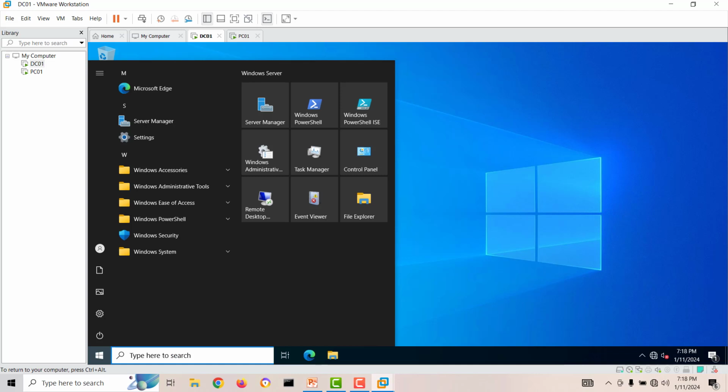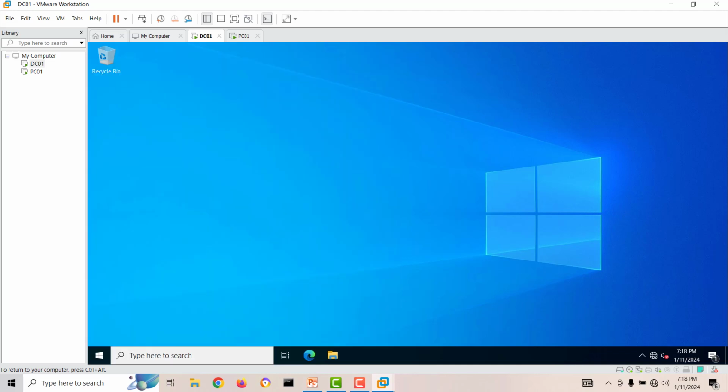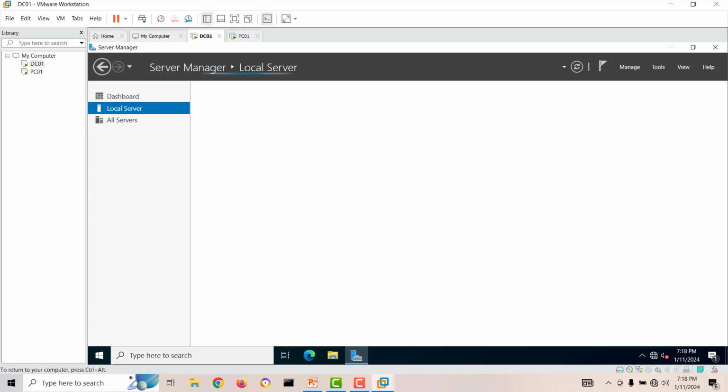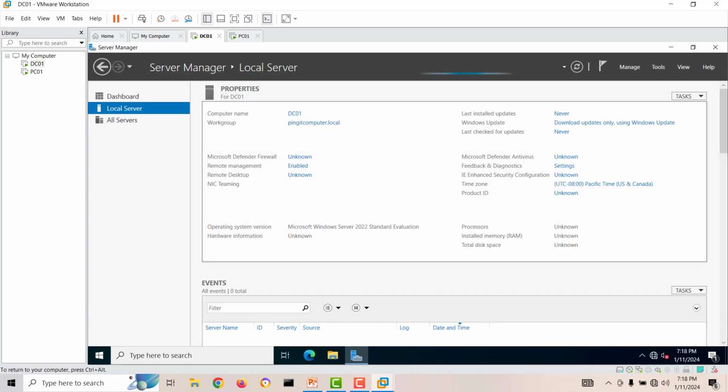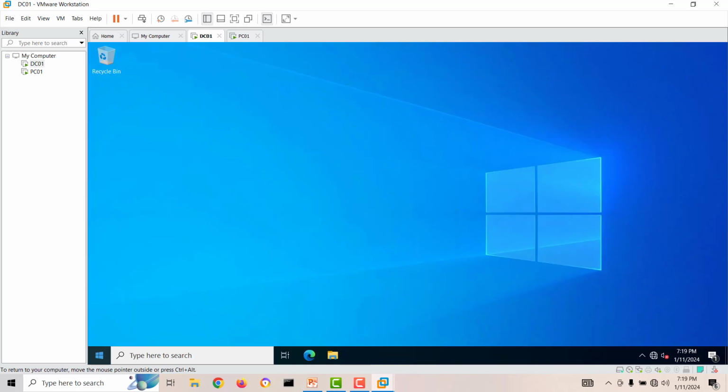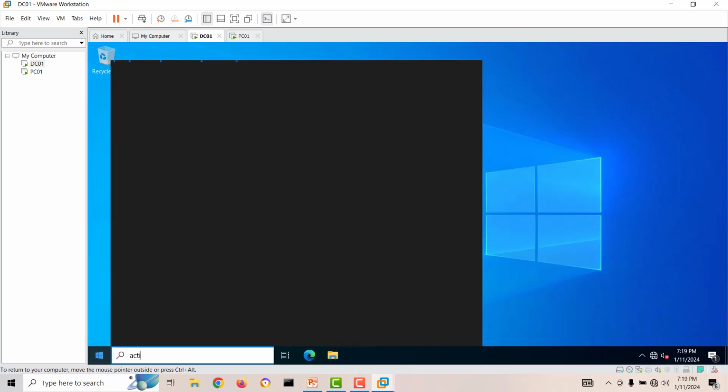We'll go in Windows Server Manager, and in the local computer you will see now the DC name is under the workgroup. You can see ping IT computer dot local. So our domain name is there and it's a domain, not workgroup anymore. So this is domain controller. Secondly, we'll check our Active Directory